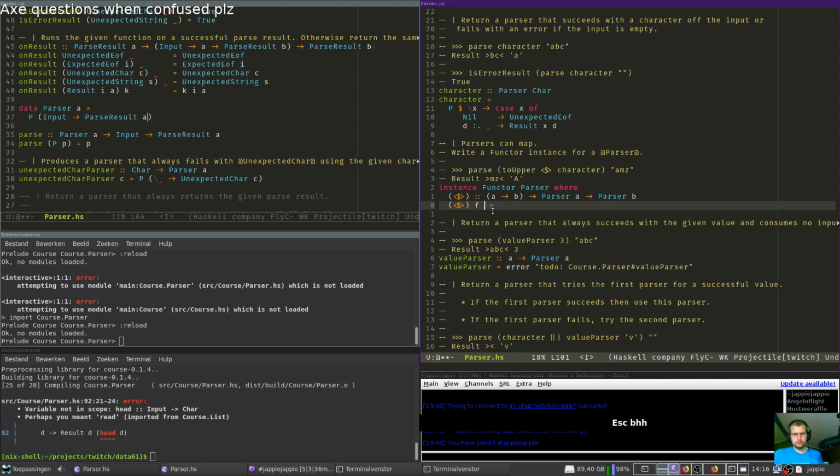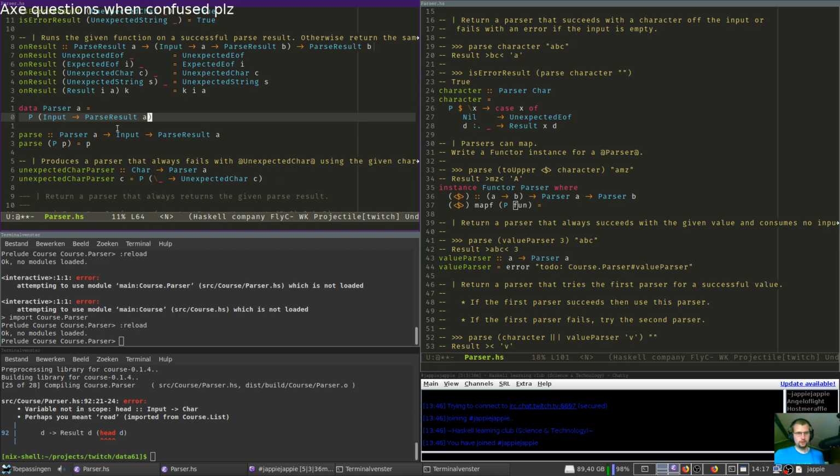Alright, let's open up the parser then. P fun. And this is map function. This is fun, right? So there's a function inside the parser.